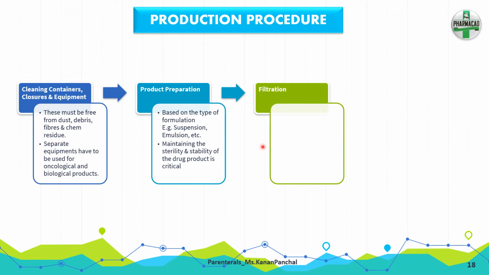Now, all the production procedures which are here and which we'll be studying ahead, each of them has to be validated to ensure that the process is doing what it has to do. The validation of process requires extensive and intensive effort to be successful and is an integral part of the CGMP requirements.